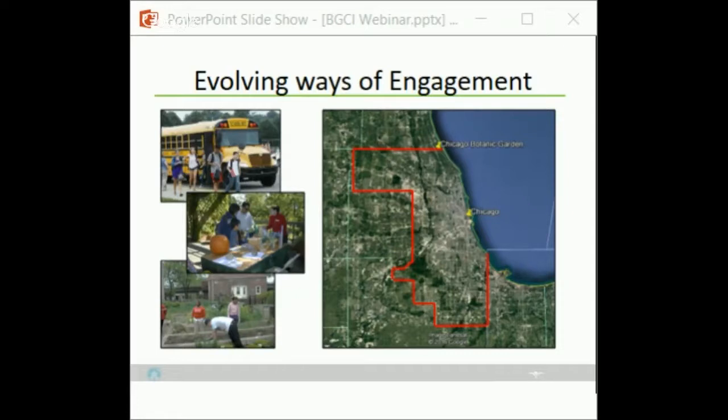And how are we going to serve people in all of these communities? How do we provide people access to our grounds? And how do we have a presence in communities across the region? And so for those of you who are doing social inclusion work, or who have other programs that engage diverse audiences, I'm interested to know how you engage those audiences and